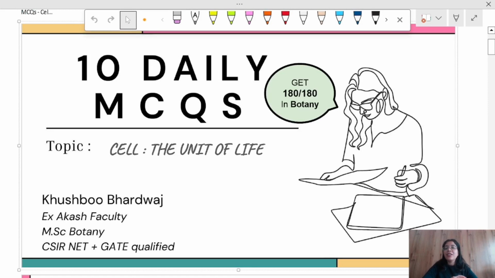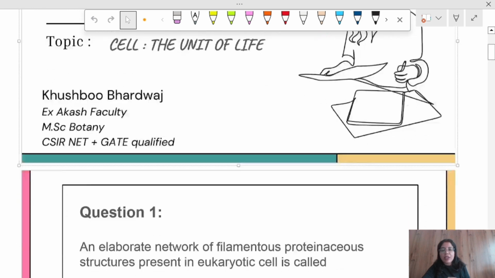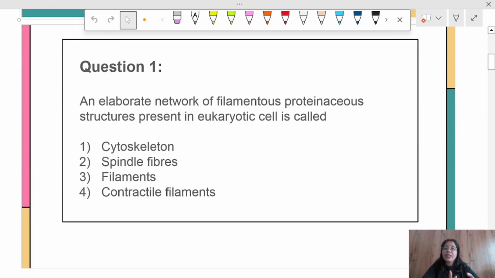Today we are going to discuss 10 questions on the Cell: The Unit of Life chapter, and most of the questions are from the cytoskeleton part, from the nucleus and all, right? The last part of the chapter. So let's begin. First question, you can see it is a very important definition given in NCERT, and I hope